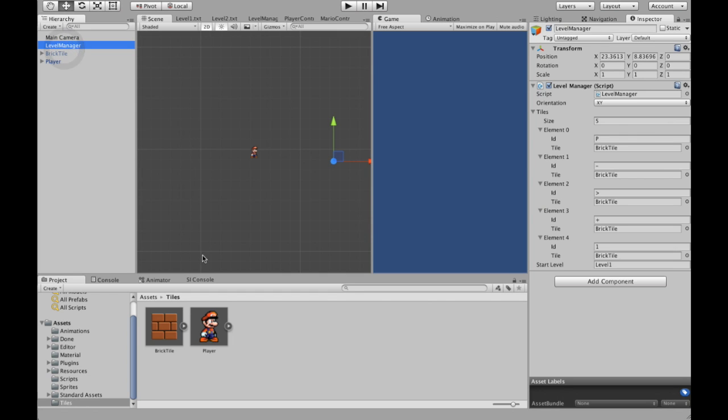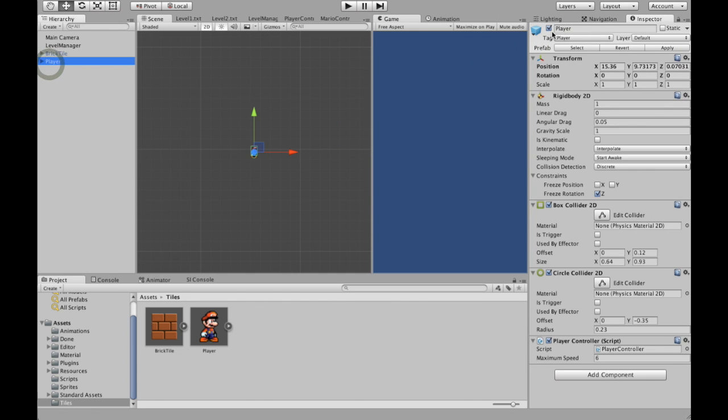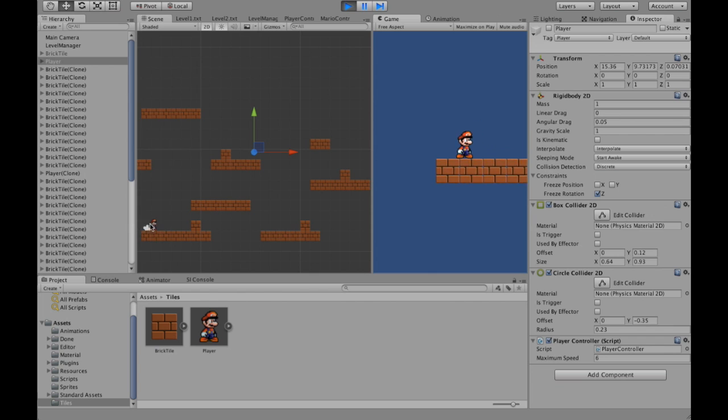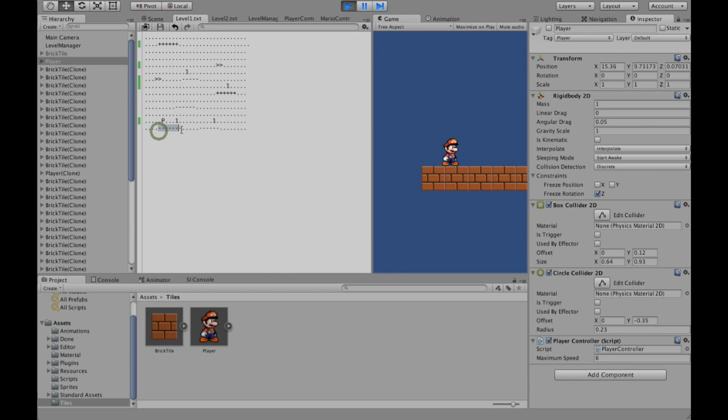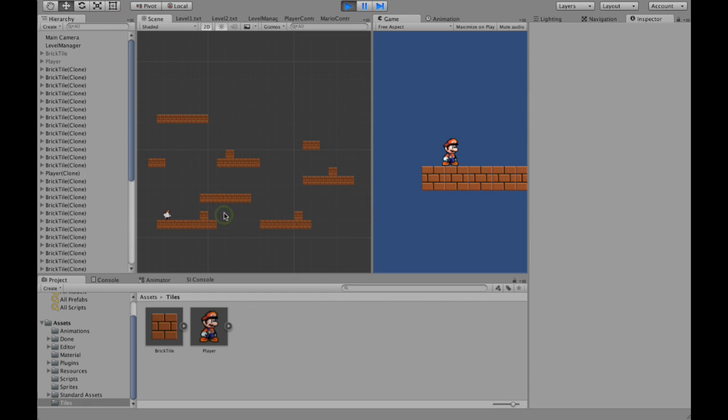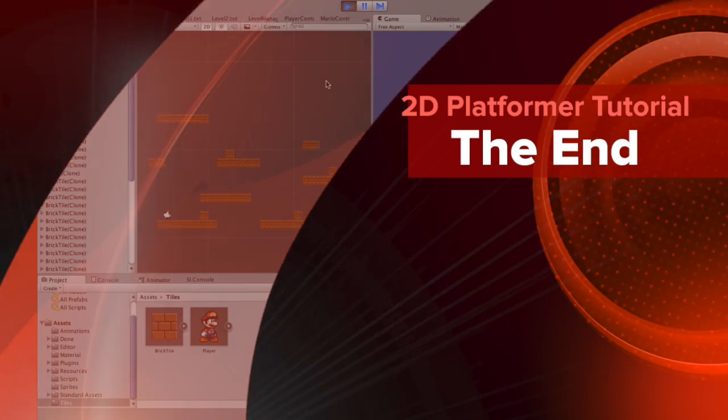So I go to my level manager and I drag and drop player onto the P tile. I disable my working Mario, and when I run this, there we go, there's my Mario. That's exactly the one that we've specified in our textual document. Right? So if I open it, we see we specified a platform with the Mario standing on the platform and facing the enemy. Great. Now we're going to build a couple new platforms, the ones that will be moving left and right and up and down. So let's just do